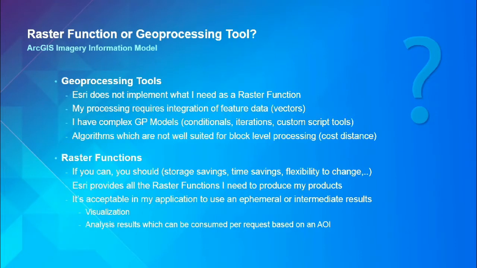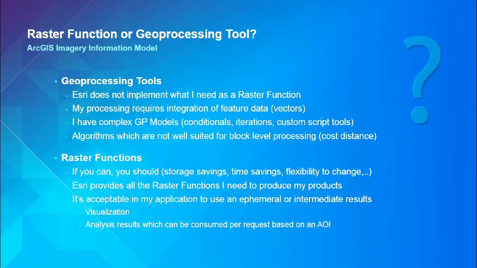There are also a set of algorithms that are more suited to geoprocessing because geoprocessing can process globally, in the sense that the algorithm can work on the entire image at once. Whereas raster functions have to be localized. They have to be kernel-based operations or local,